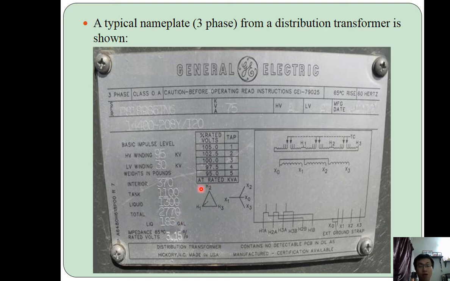You see, high voltage is a delta connection. Low voltage is the Y connection. And then we still can tap it. So this is how we see this one, delta connection H1, H2, H3. Then the Y connection will be X1, X2, X3, and then this is the common neutral one. Okay, then